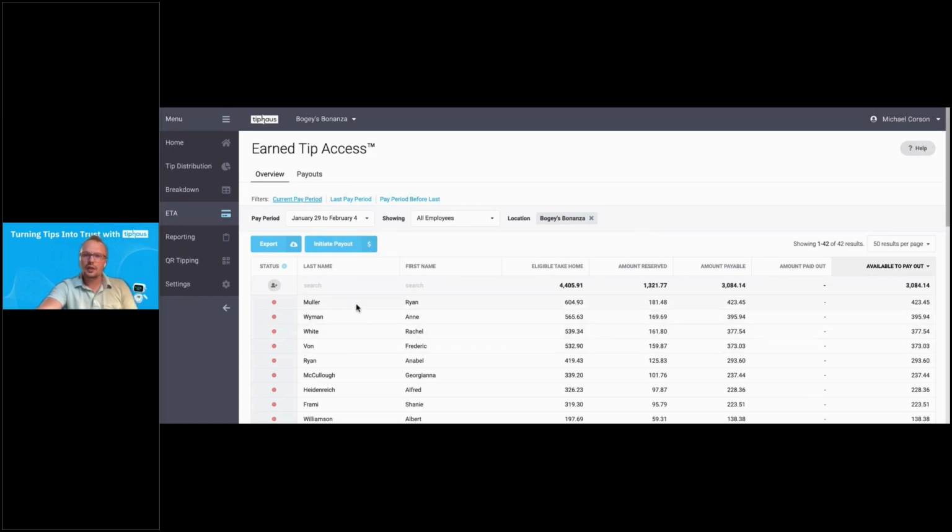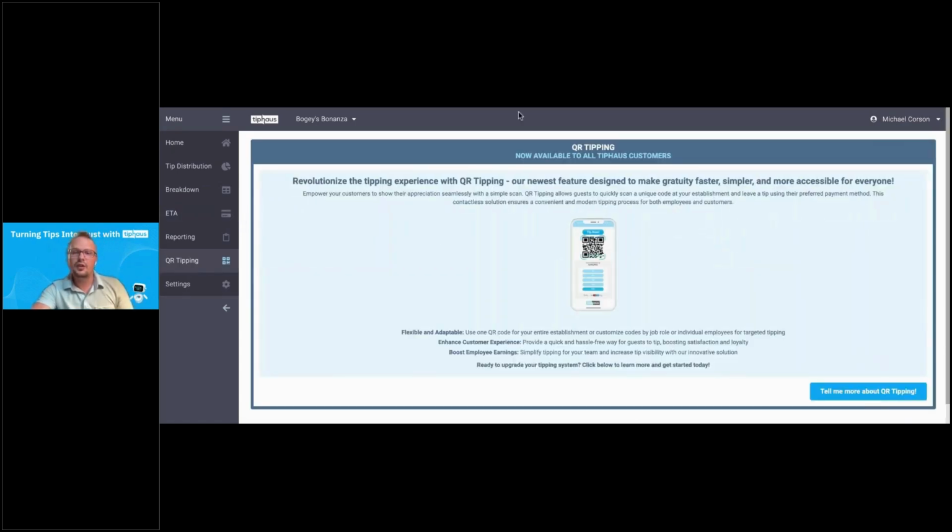You'll also see a fresh button here called QR tipping. This is a new way of getting tips into TipHaus. So again, if you want to learn more about it, click that button. There's a little bit of reading you can do here as well. What QR tipping actually does is allow you to come in here and generate specific QR codes for people or for job codes. So maybe you have a unique situation of maybe a valet driver or something like that,